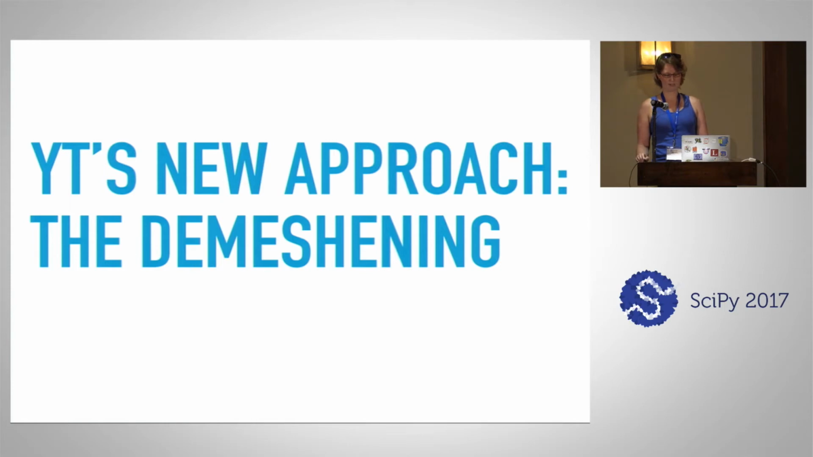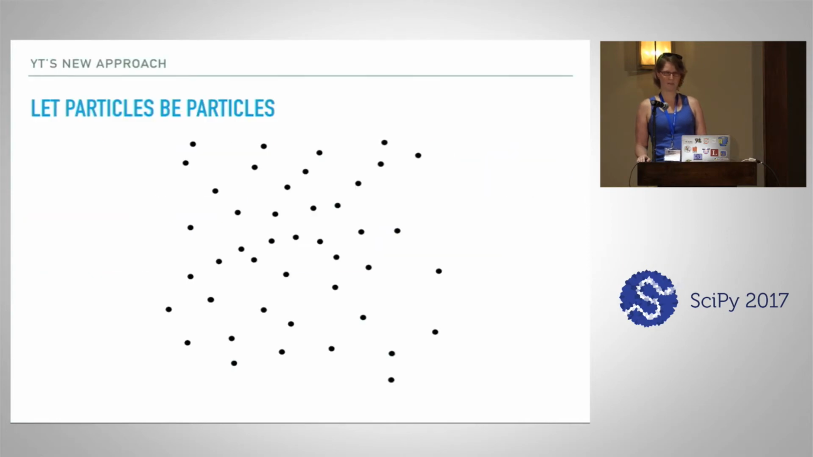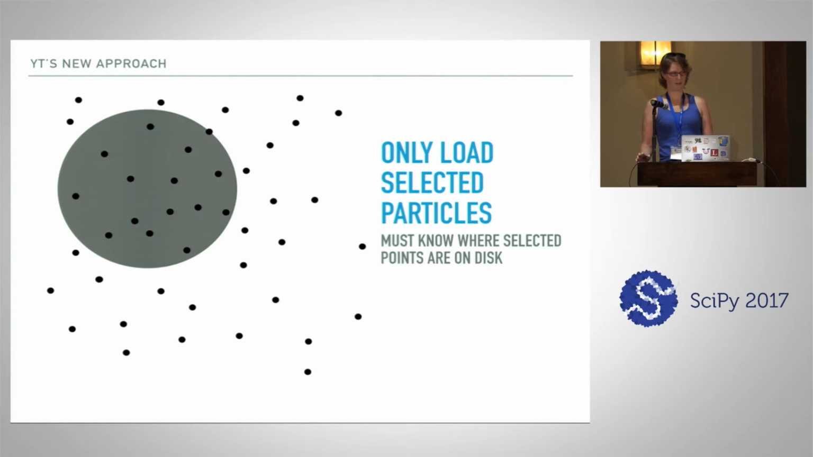So in YT's new approach, which we are calling the Demeshening, we are getting rid of that octree completely and just letting particles be particles. If we return to our problem, we want to load these particles within our selector into memory. And so for large data sets, it makes sense that we only want to load those particles that we need. And so in order to do this, we need to know where those particles are on disk, which can be a little bit tricky, and we'd have to map the entire file,